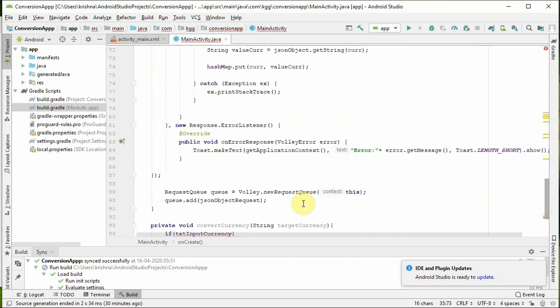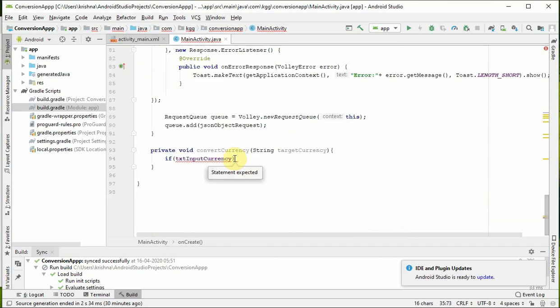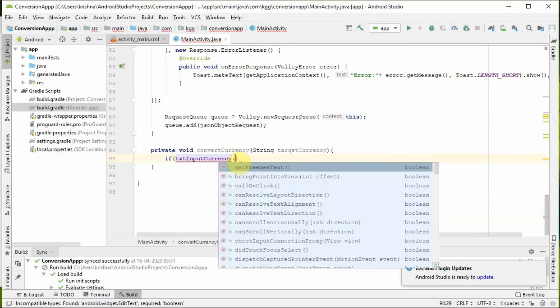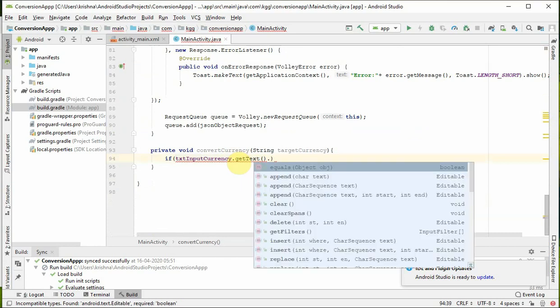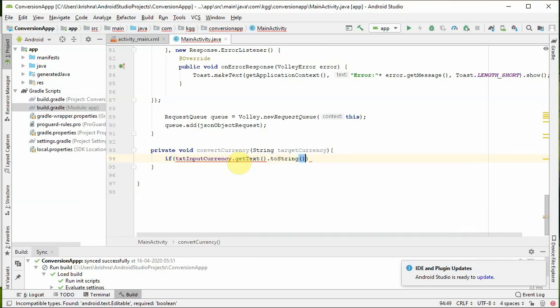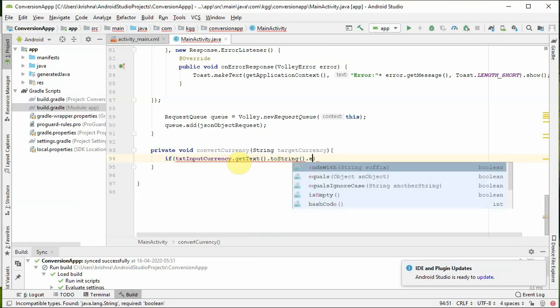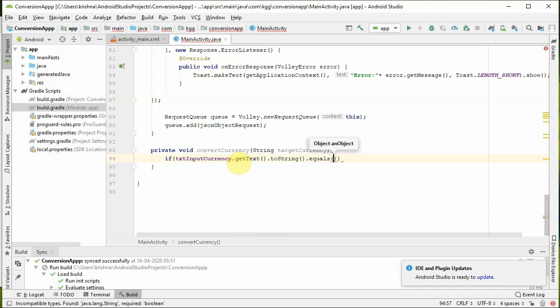Okay, so we already defined it, and we'll say if our input currency would be blank, so we'll say input text, input currency dot get text. Let's check the text dot to string dot equals to blank. If it is blank,